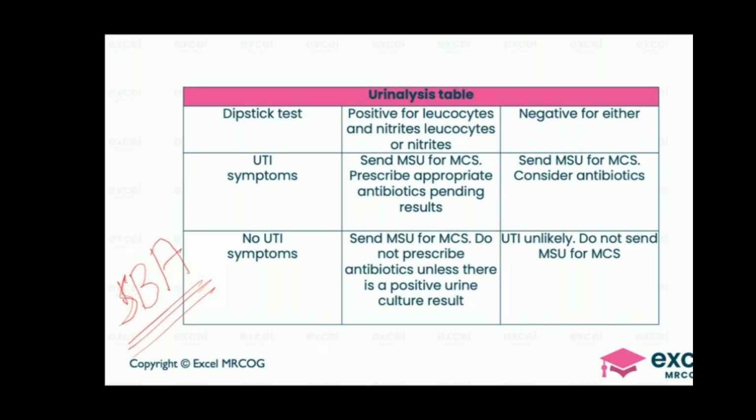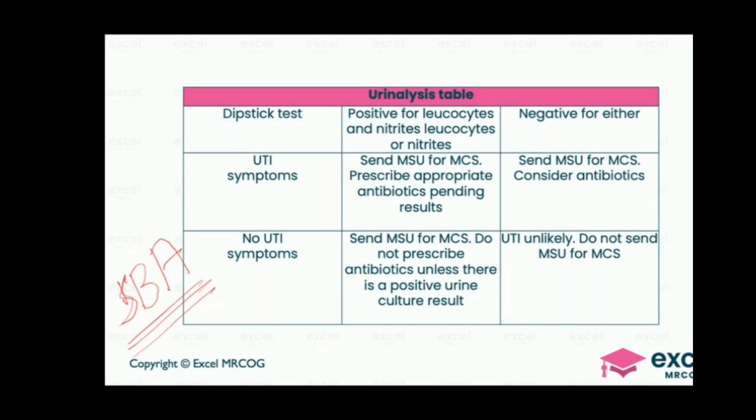So you need to send the urine for culture sensitivity and then start her on antibiotics pending the results. Okay, so that is if UTI. This is simple to understand. If there are UTI symptoms and she also has an objective test suggestive of UTI, that is, she's positive for leukocytes and nitrites. Okay,